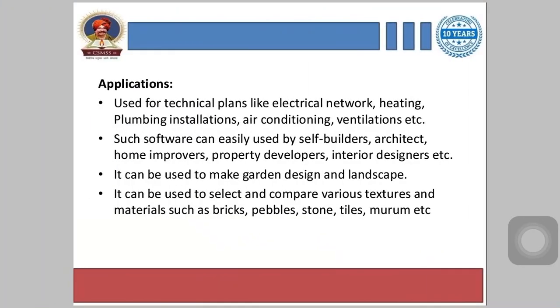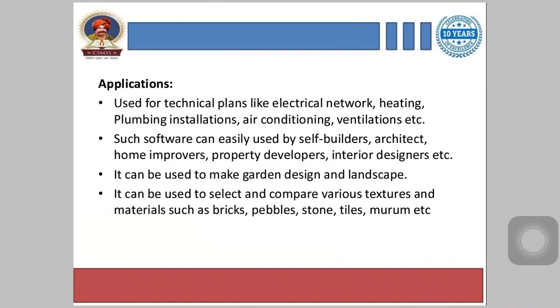And this software is used by self builders, architects, home improvers, architectural technologists, property developers, remodelers, interior designers, etc.